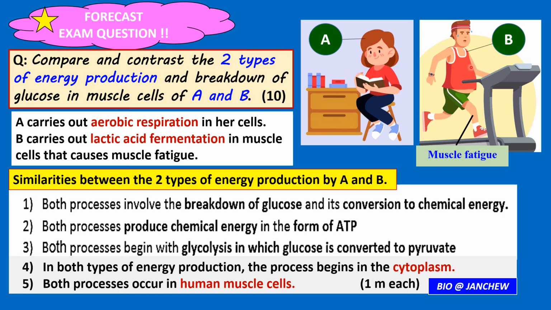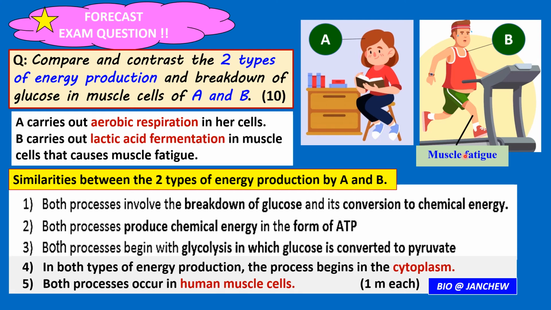All right. So this is a type of HOTS question where you are given a new situation or situations for you to analyze, right? So firstly, we have to look at the diagram. We see a girl sitting down, resting in a resting position. She's not exercising vigorously or moving around vigorously. So obviously, she's just carrying out aerobic respiration in her cells. All right, there's no lack of oxygen for the aerobic respiration in her cells. But for this man B, he's running on the treadmill, he's sweating, and here's the clue: he's suffering from muscle fatigue, right? So muscle fatigue is caused by lactic acid fermentation in muscle cells due to the lack of oxygen